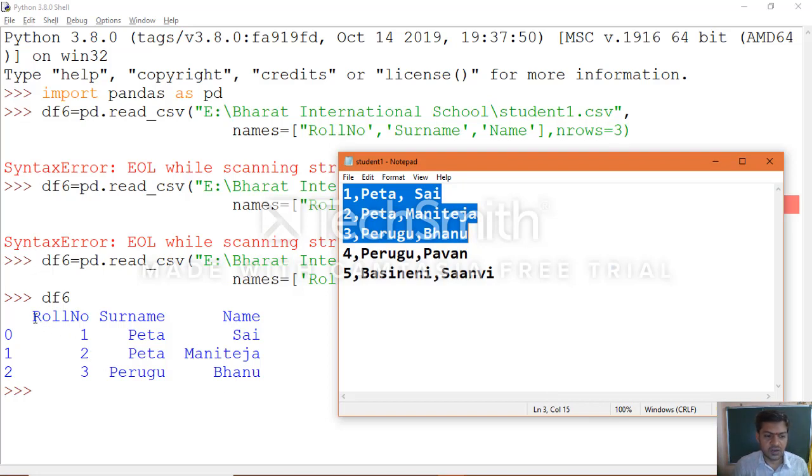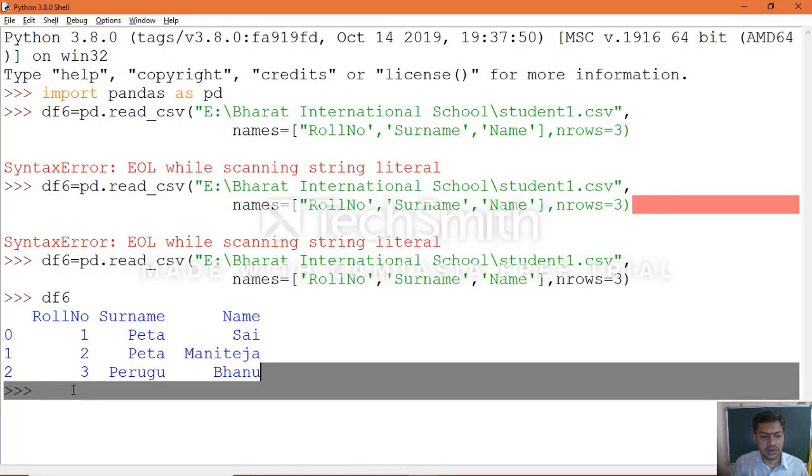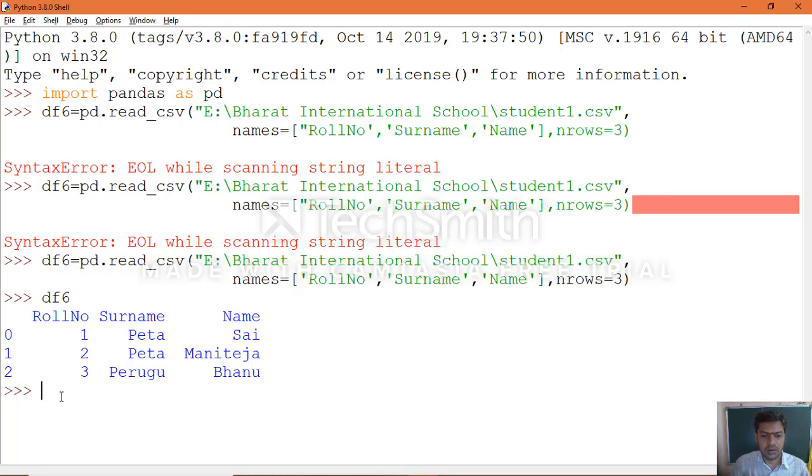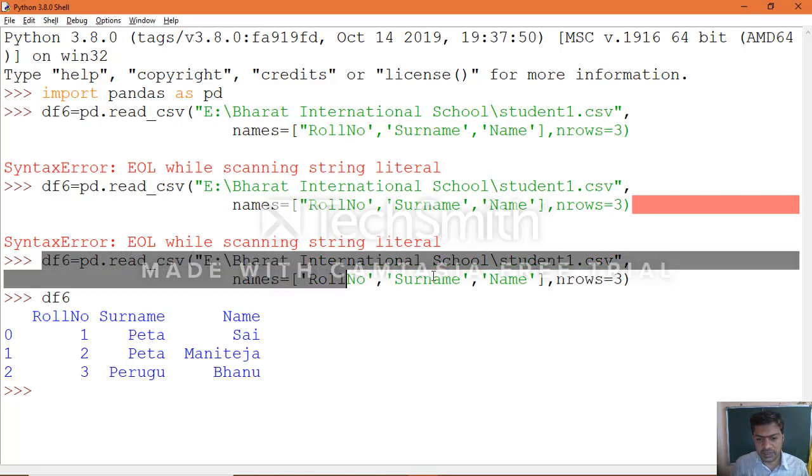Clearly you can see roll number, name, surname, which are the column headings we specified by using the names argument, and the data which we are extracting, the first 3 rows. Suppose you specify 5 instead of 3, then you will get the complete data of your object.